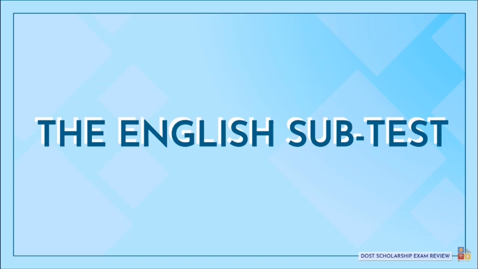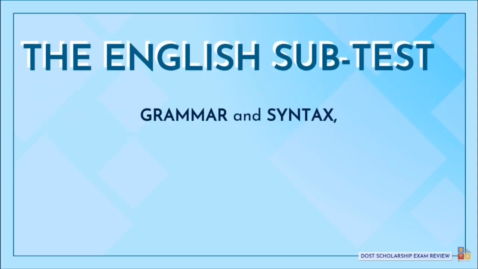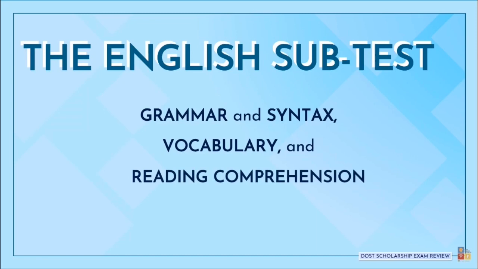Also, the English subtest measures your ability to apply the rules of English language, specifically on grammar and syntax, vocabulary, and reading comprehension. And upon further inspection of the released DOST SEI exam reviewers, we found that most items are reading comprehension items, followed by grammar and syntax items. Vocabulary items are usually integrated into the reading comprehension items. So in this video, we will only be talking about grammar and syntax, and we'll reserve the reading comprehension and